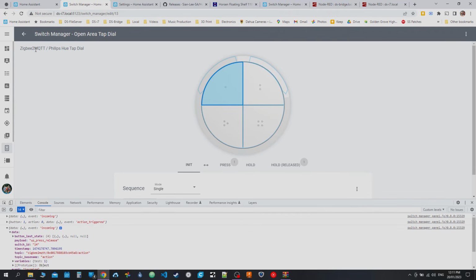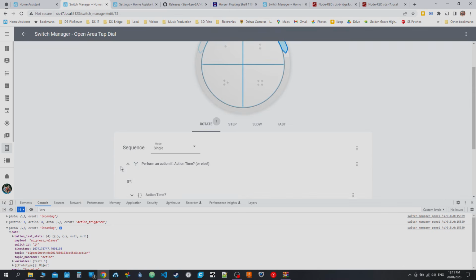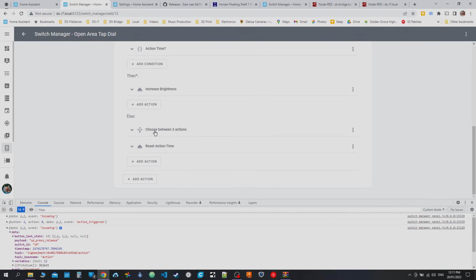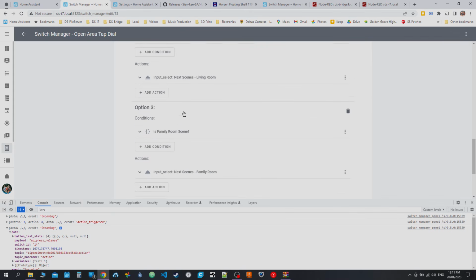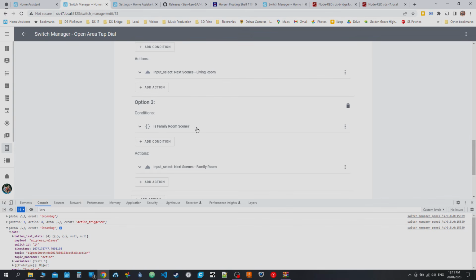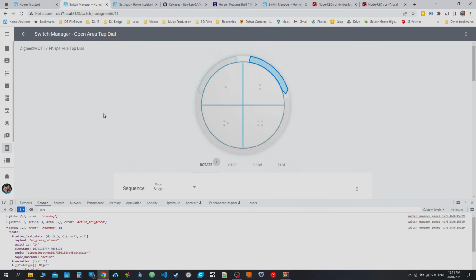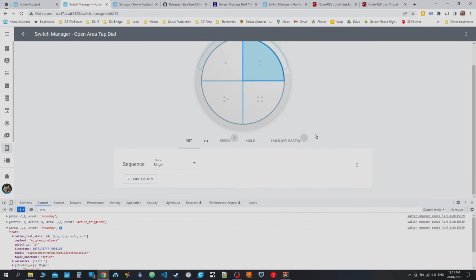So I've moved it over to Zigbee2MQTT, and I have now got the dial itself as the brightness, or if there's an action timer, it will go here, or it will either change the volume for my audio devices, or change the living room scene, or it will change the family room scene, depending on which one activated the modifier, and I'll explain that. So if we go to this button that I've defined,